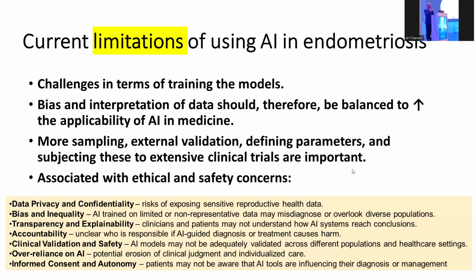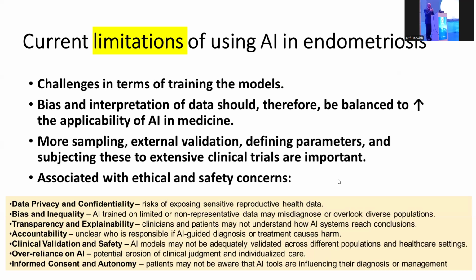As I told you, many systemic and gynecologic manifestations of endometriosis are missing. The clinicians and patients may not understand how AI systems reach conclusions and make algorithms. The accountability, which means it is unclear who is responsible if AI-guided diagnosis or treatment causes harm to the patient. And this is important because if it decides to do surgical intervention and the patient actually has other issues that prevent surgical intervention,